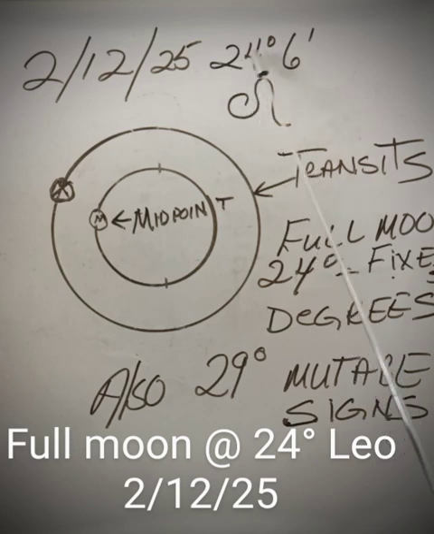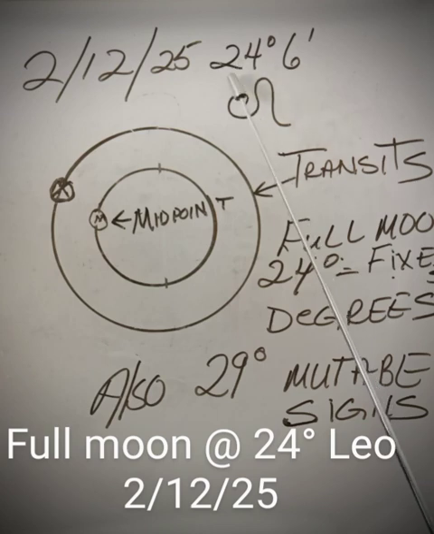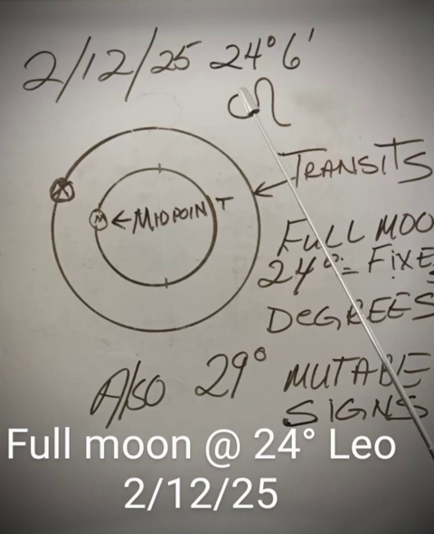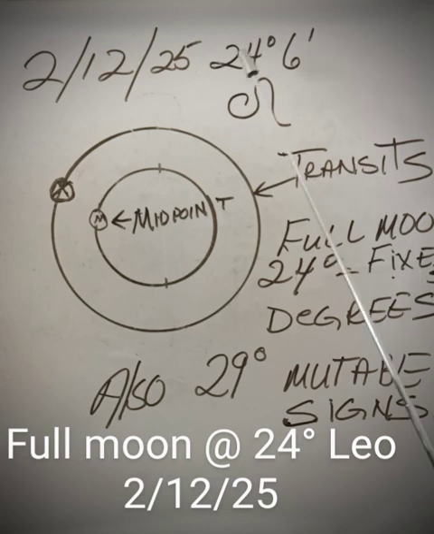Because these are going to be the ones that have the harder or stronger aspect, which would be either a square, conjunction, or opposition, one of those three. And if you have anything in fixed signs at approximately 24, 25, 26,